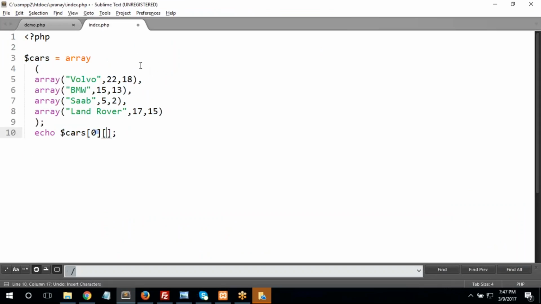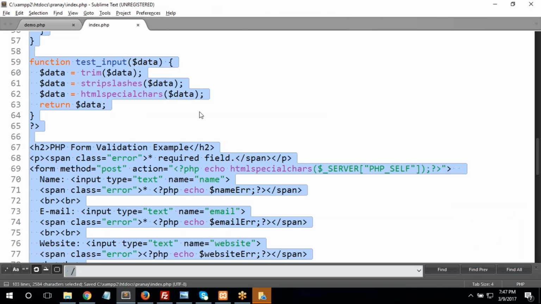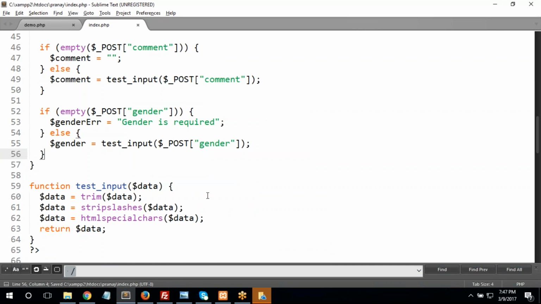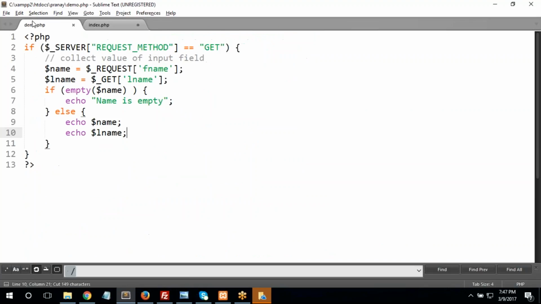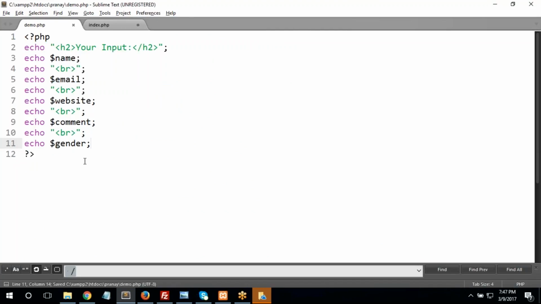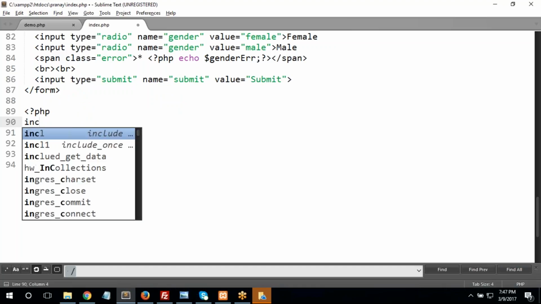Control Z. Here is our whole PHP script. What I have done, I have removed that function, not this function, the bottom function. I've removed the whole PHP code and just put it into another file. Now what I'm doing, include